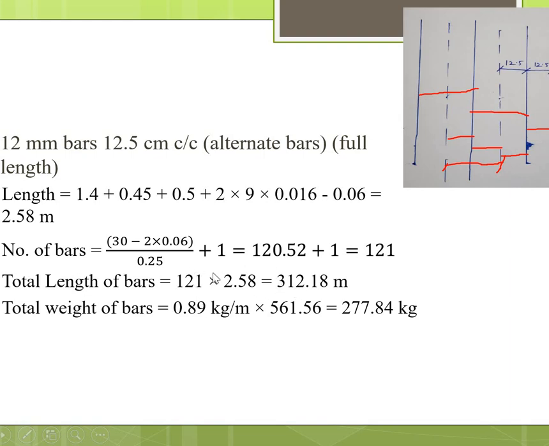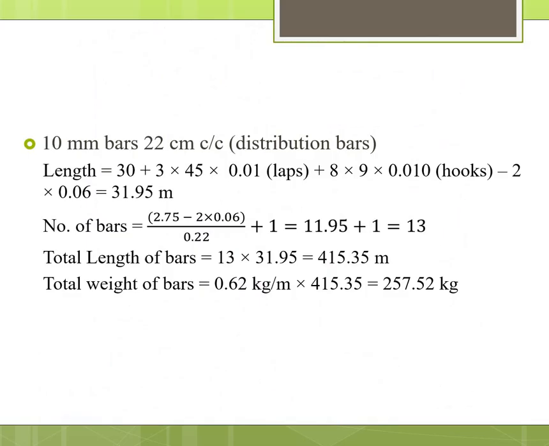Total length of the bars you can find out as in the similar case, and the total weight of the bars also you are going to find out. Last one is a 10 mm 22 cm center to center distribution bars. As we have already discussed, the 30 meter length plus 3 times overlapping plus 8 hooks, 9 times the 8 hooks, minus 2 times the cover,